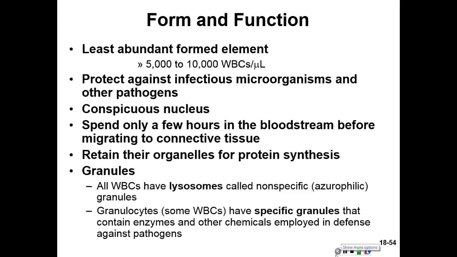These are our white blood cells. They manufacture between 5 to 10,000. They do have a nucleus. They have different sizes. All white blood cells have lysosomes, non-specific, but they have the ability to digest and destroy invading organisms. Granulocytes are specific, where we have the eosinophils, the neutrophils, and the basophils that carry out specific defense mechanisms